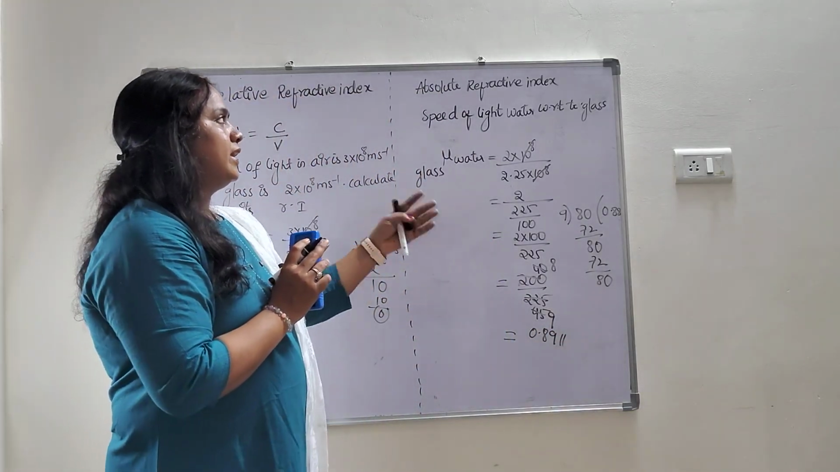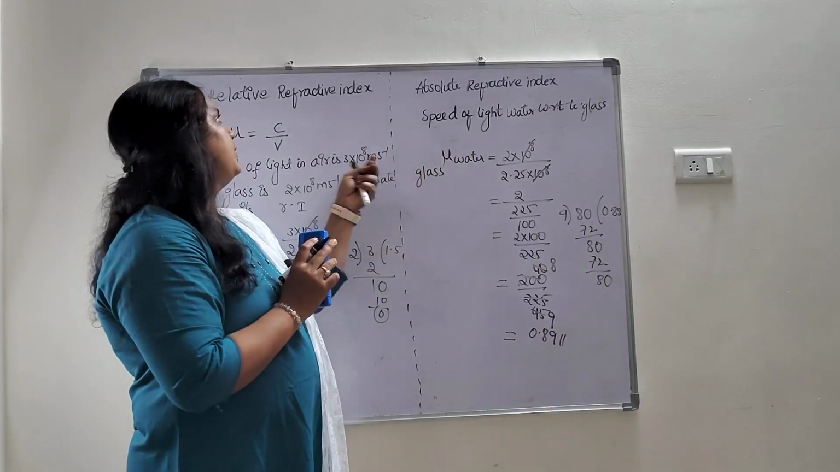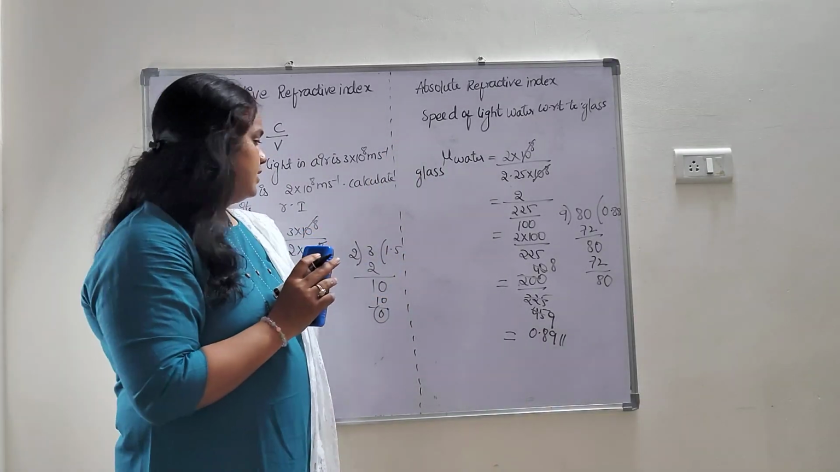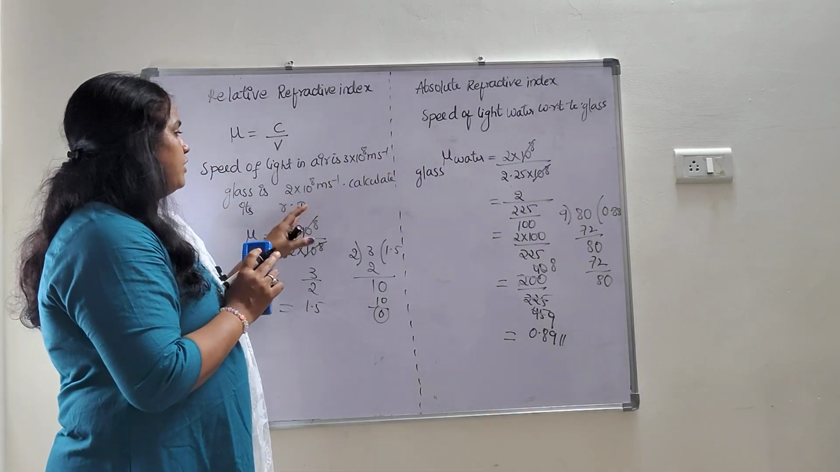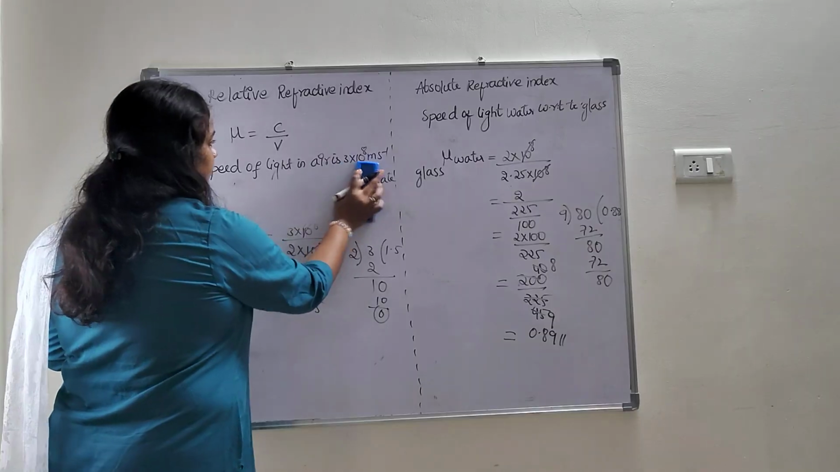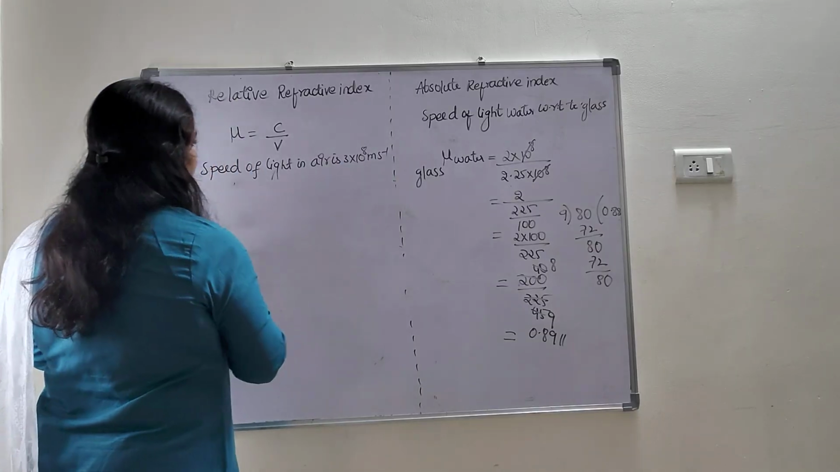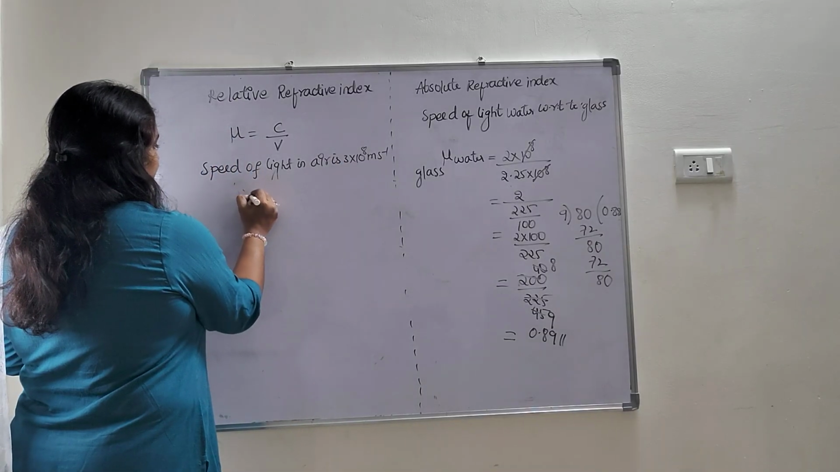So in this way you can say whether it is the absolute refractive index or the relative refractive index. Even here you can take the speed of light in air as 3 into 10 to the power of 8 and here the speed of light in water. That also I'll calculate and show you. So the water value is